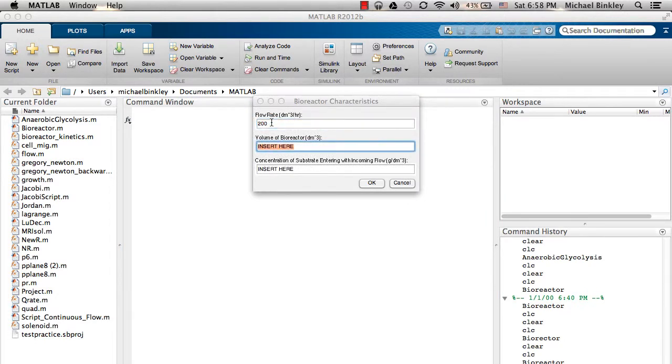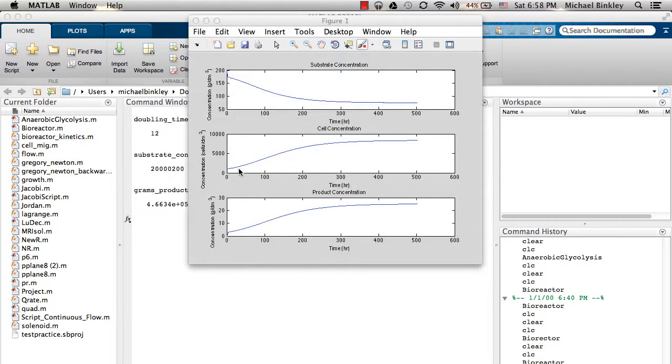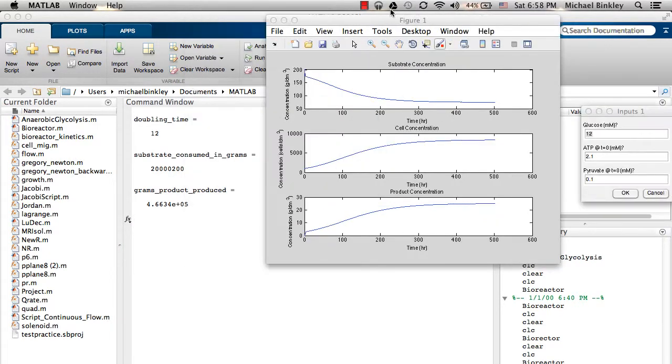The next dialog box will have us input bioreactor physical characteristics. They include the flow rate, the volume of the bioreactor, and the concentration of substrate entering with incoming flow. The figure that comes out from this module will tell us the substrate concentration, the cell concentration, and the product concentration against time. And as we can see, eventually our continuous flow reactor will reach a steady state